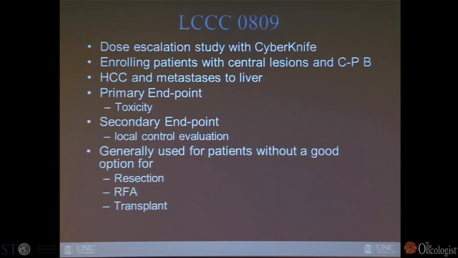So it's a dose escalation study. We're treating patients both with hepatocellular carcinoma and oligometastatic disease, as defined here, looking at toxicity and local control. And it's generally true across the board with these approaches in the liver. We're treating patients who are not good candidates for resection, RFA, and in the case of HCC, for transplant. So we're not the first option in most situations, but we are an option that adds to our armamentarium of